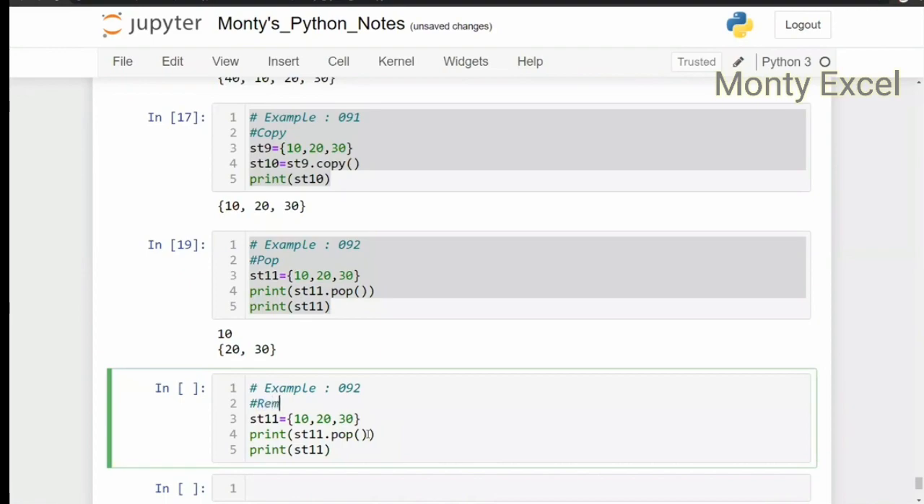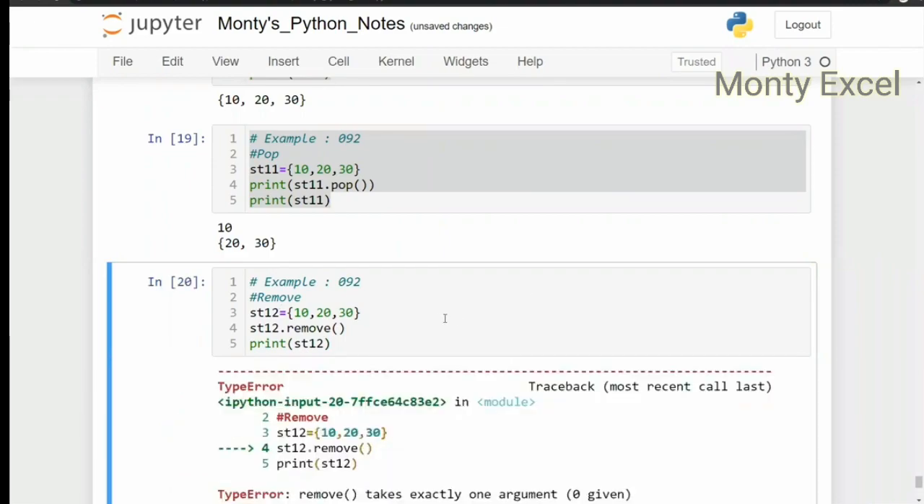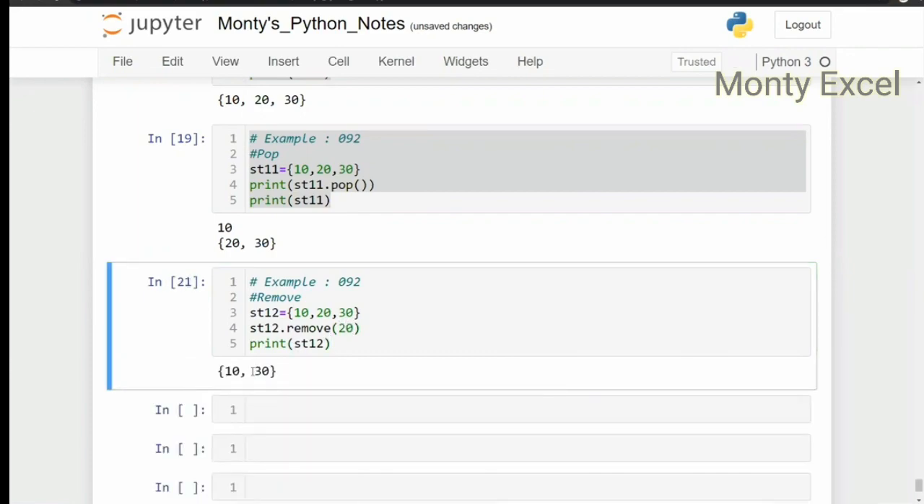Okay, we have all these methods in the list of sets. So what remove is going to do is remove just the item that you want. Let's see. When I run this, obviously I'll get an error because I have not specified what I want to remove. It takes at least one argument, because you yourself said you want to remove, so you need to mention what. Let's say I want to remove 20, then happily it will remove it, and it will show you exactly